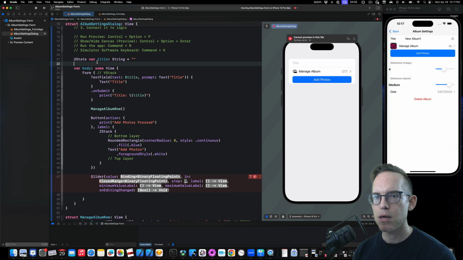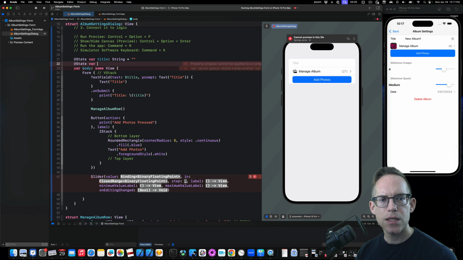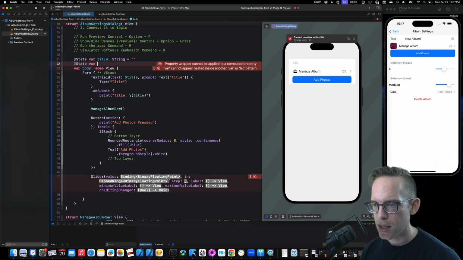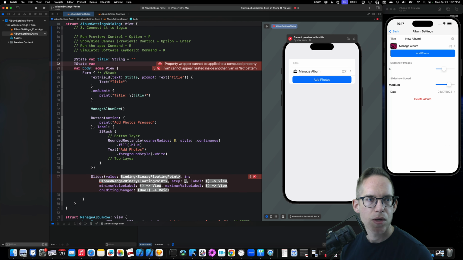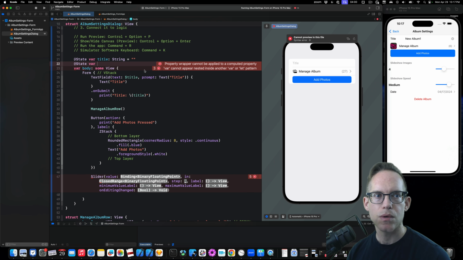So let's go up top and create a state var. And then for this, I believe we're going to be working with double values. So let's look at this. This is a binary floating point number. So I am going to work with doubles in this. We're going to create